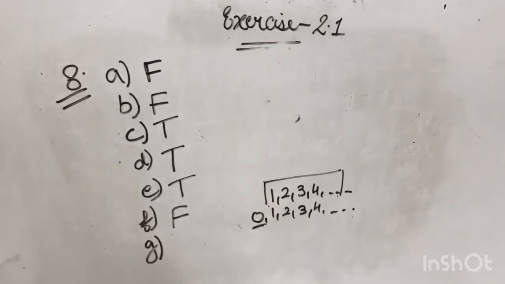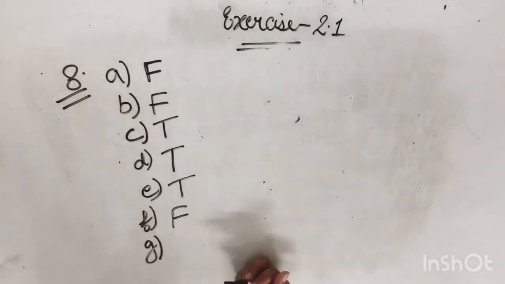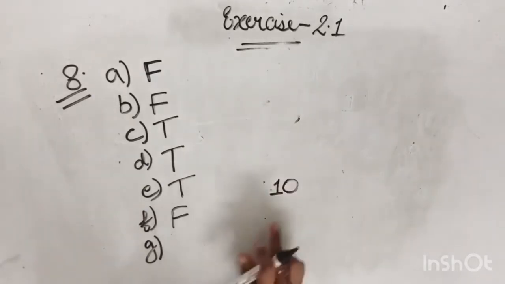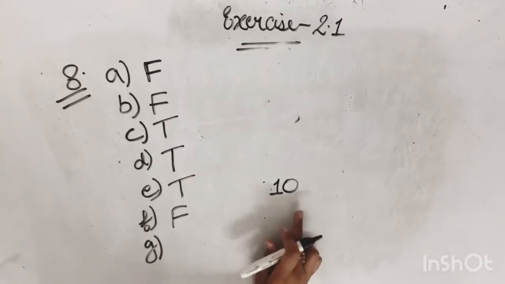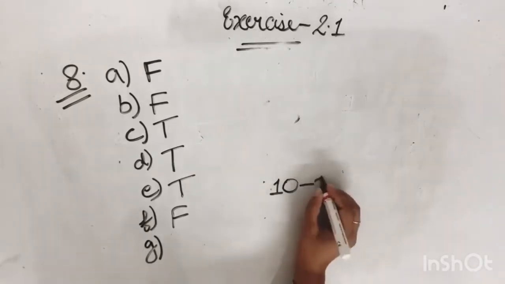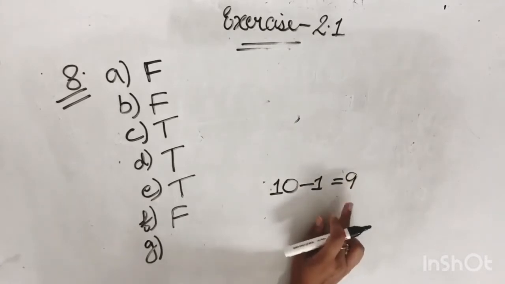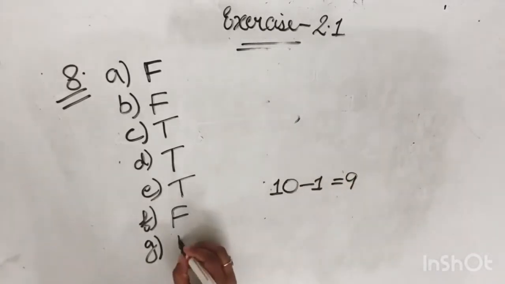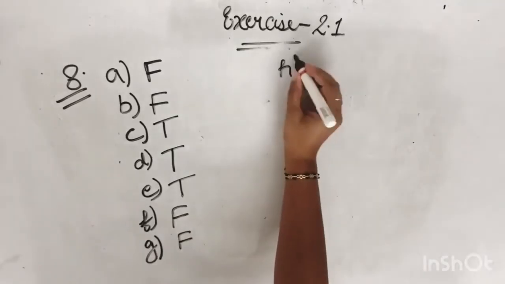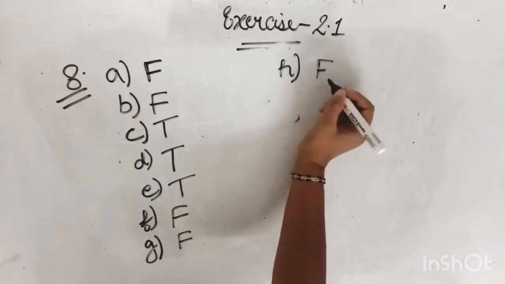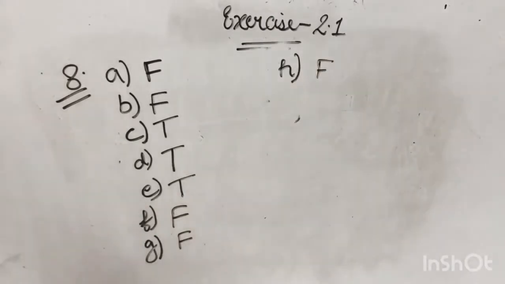The predecessor of a 2-digit number is never a single-digit number. Now, predecessor of a 2-digit number. Let's say I am taking 10. It is a 2-digit number. Predecessor of 10: 10 minus 1 is equal to 9. And 9 is a one-digit number. So the answer is false. 1 is the smallest whole number. False, because 0 is the smallest whole number.